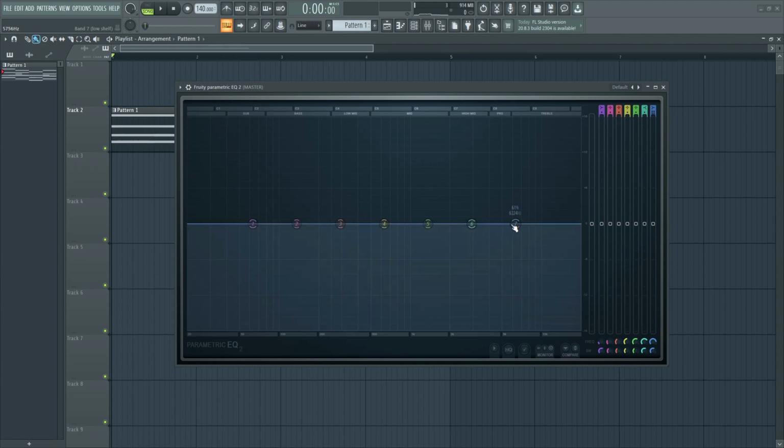At last we have the peak filter, and this is the most common type of EQ shape that we use. This is basically used to boost or cut any type of frequency that you want, and if you change the Q, you are simply changing the sharpness of the peak that you are cutting or boosting. So again you can change that by scrolling up and down.